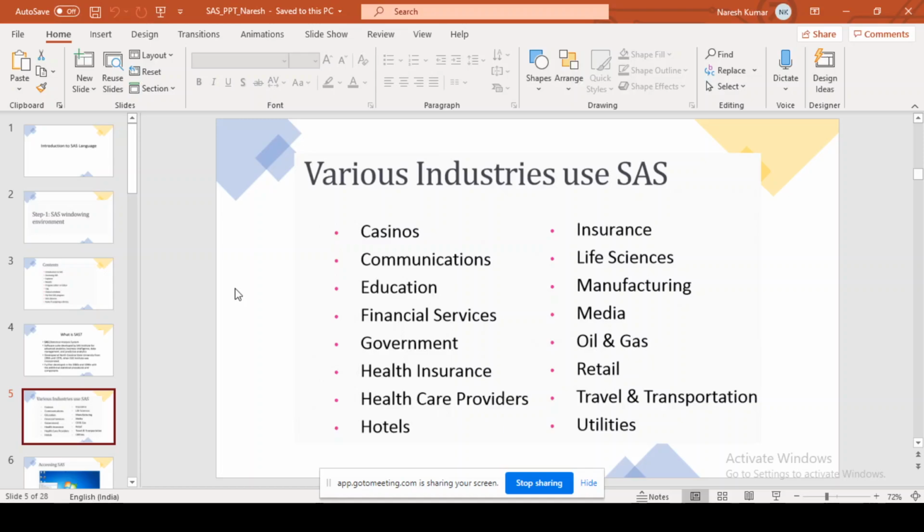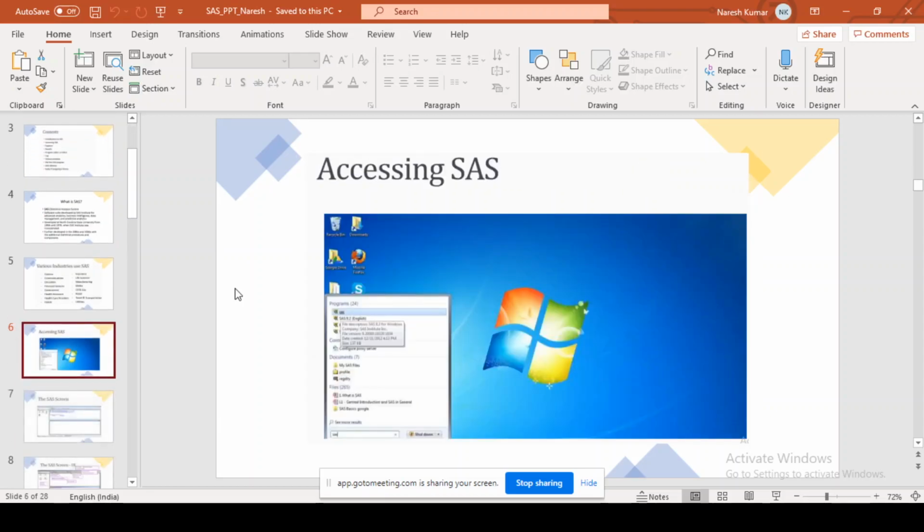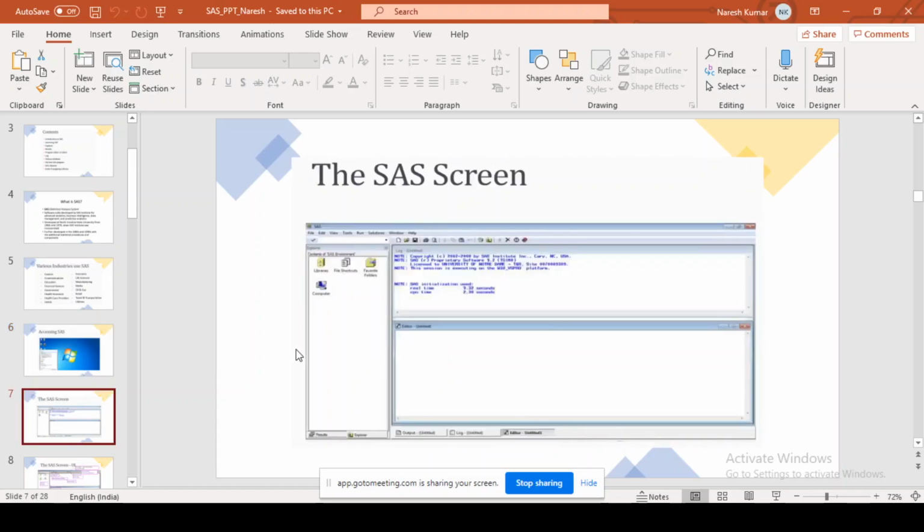If we go back 2, 3 or 4 years, this is how we used to open SAS: we would search for SAS in our program folder and access it. Once SAS was opened, this is the screen that we used to get.